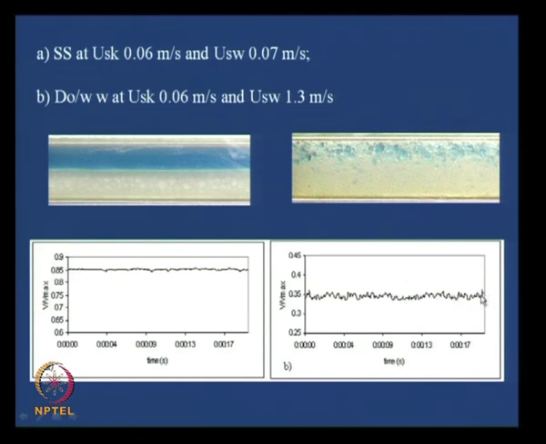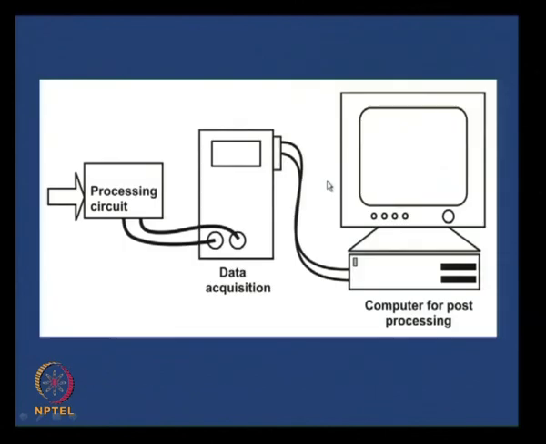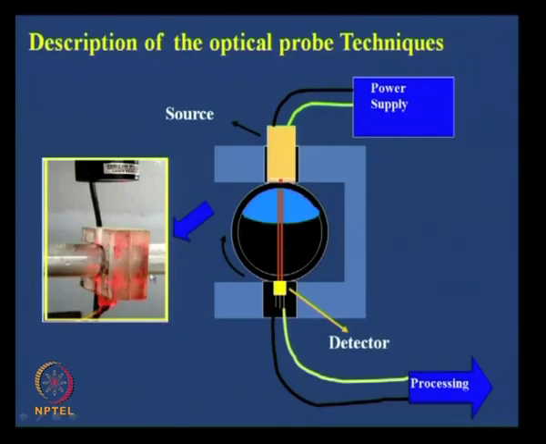So, therefore, the two things were important in our case. One was the average value of the voltage that we were getting, the other was the amount of fluctuations which we were receiving here. So, depending upon these two, we could find out not only the relative proportion of the two phases in the mixture, but we could also obtain an idea regarding the distribution of the two phases here. So, this was the beauty of the optical probe that we had used in this particular case.